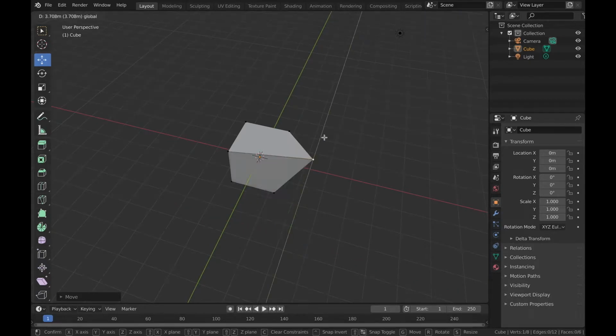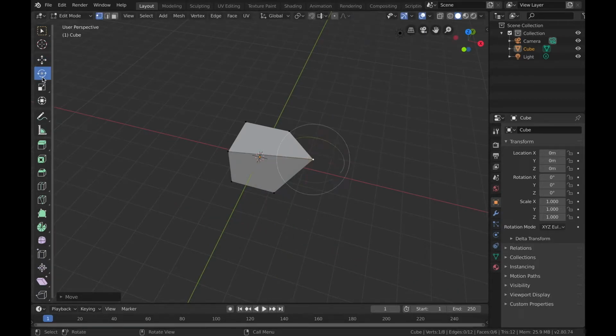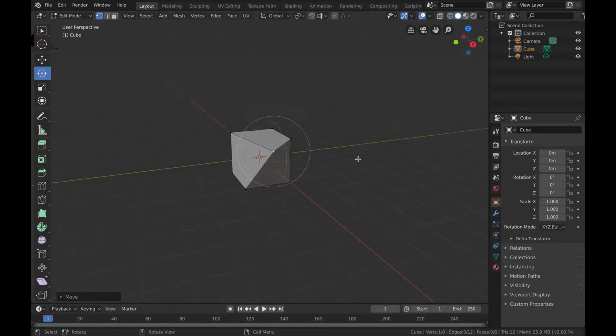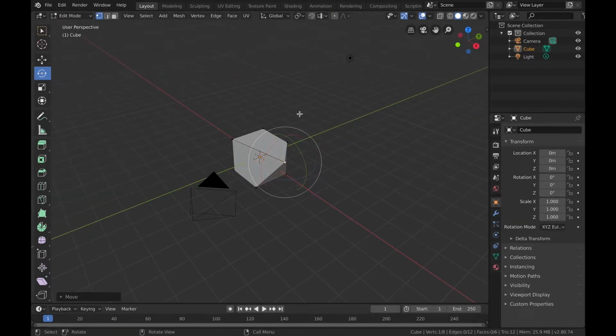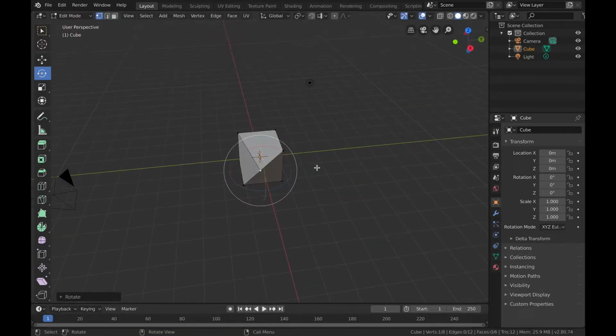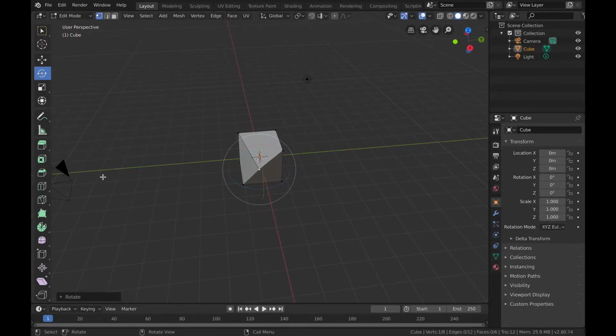Okay, so the next is we have the rotate tool. Now this will give you a gizmo which is having basically rings, and using these rings you can rotate the vertex in the respective direction. Next is the resize tool, and this won't have much effect on a single vertex.